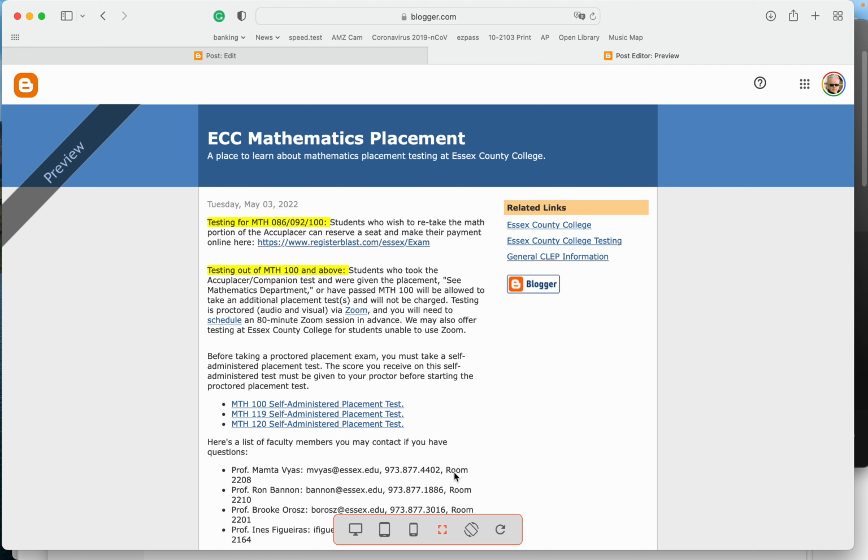Basically, the title of it, ECC Mathematics Placement, a place to learn about mathematics placement testing at Essex County College. The first section up here is testing for the Math 086, 092, 100 level, which gives them a link to register with registerblast.com, which is what Essex uses to schedule testing. All right. Now, the testing for 100 and above,